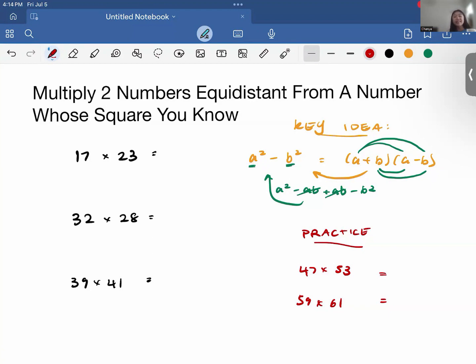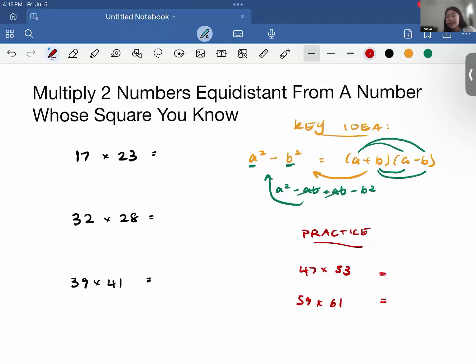So I'm Chanya, and today I'll be teaching you how to multiply two numbers that are equidistant from a number whose square you actually know. This trick works if you have relatively large numbers that you don't want to actually go through the process of multiplying. And instead of doing that, you can use this key idea here, which is basically derived from difference